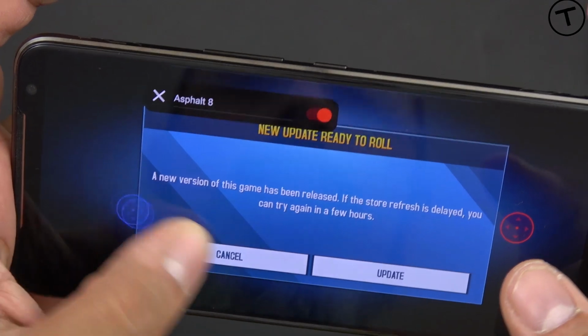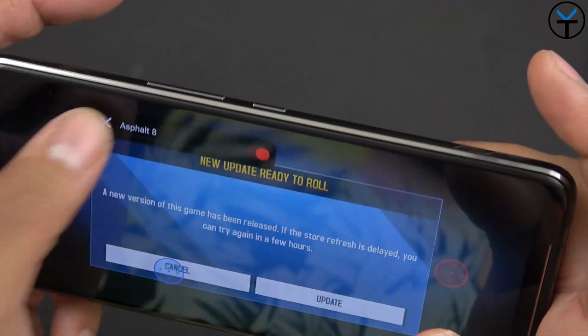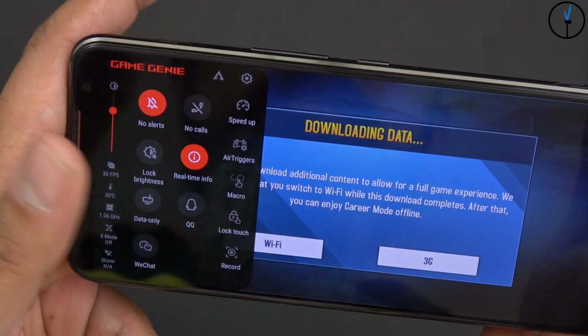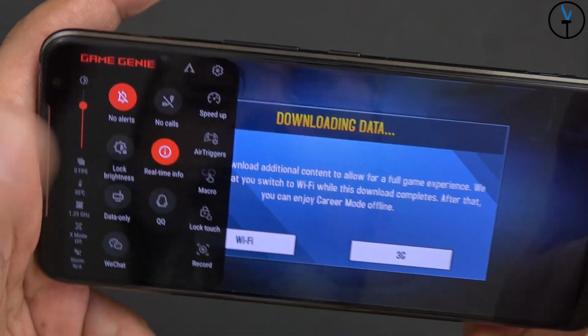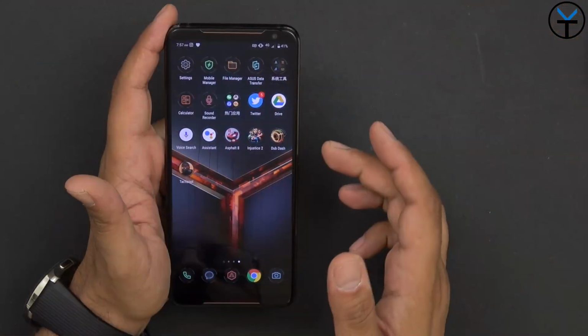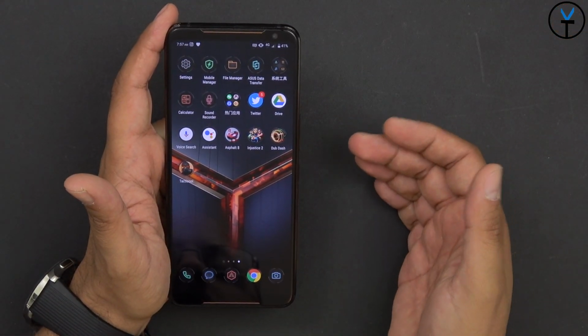So here it says I have an update. I'll go ahead and say cancel, and I'll just close this. You notice right there, it did register it, and it works really nicely. You can customize it per app or per game, and then you can go in there and enhance your gaming experience. On the other side, if you do launch an application that is supported,